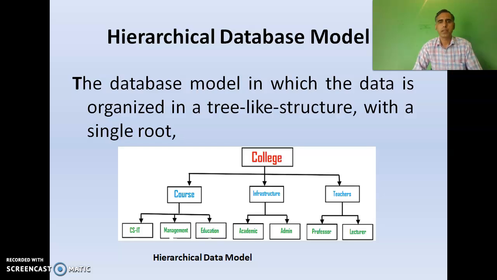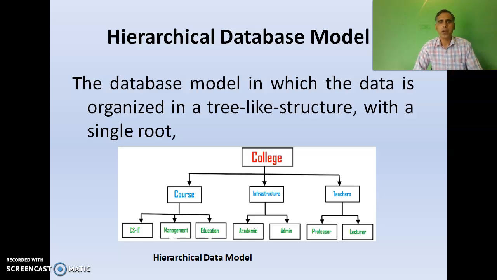That is, in hierarchical database model, the records are organized in hierarchical structure. The hierarchical database model represents one-to-many relationship. This database model is the oldest database model. This is a simple model